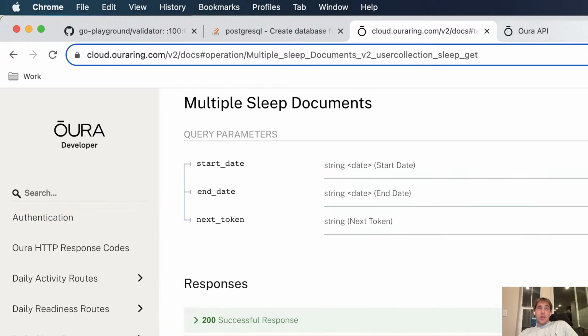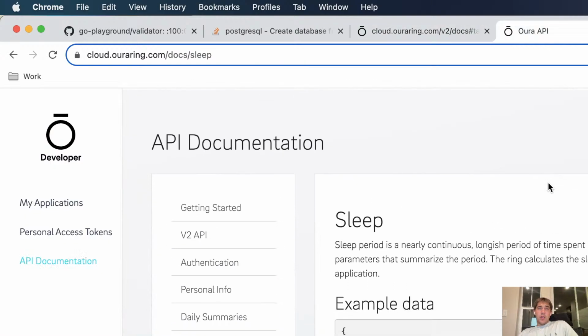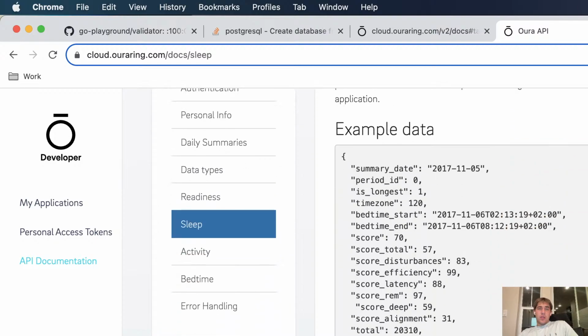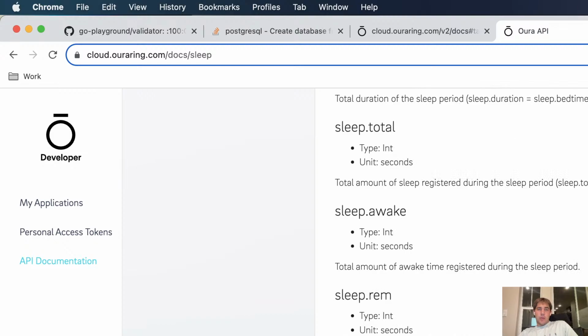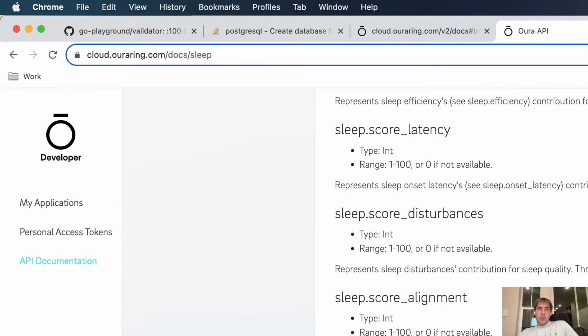Okay, let me look again. This might be hypnogram. Yeah, this is the old version of the API.